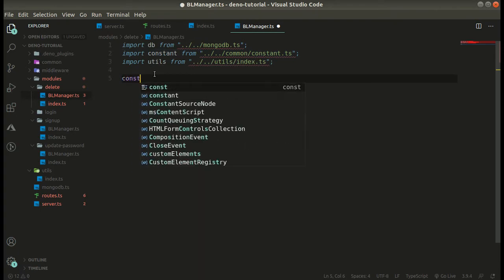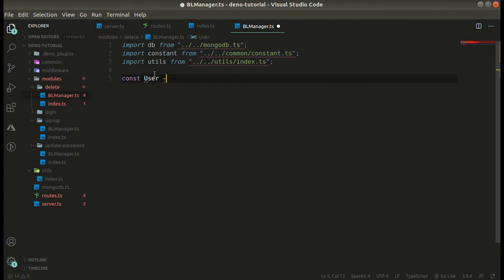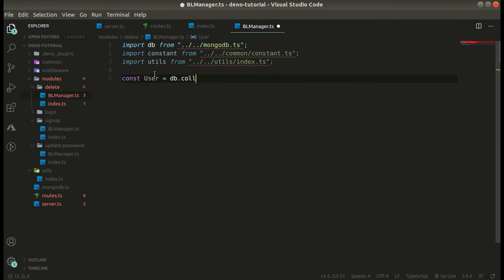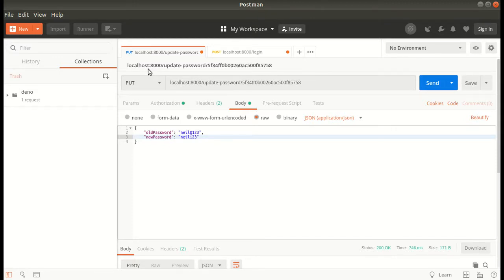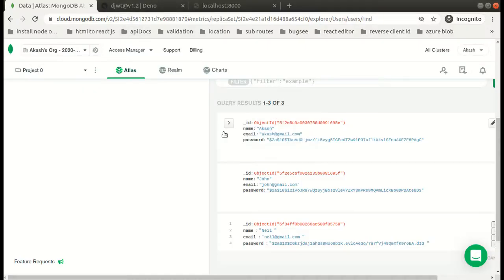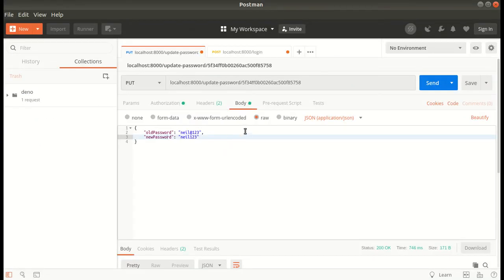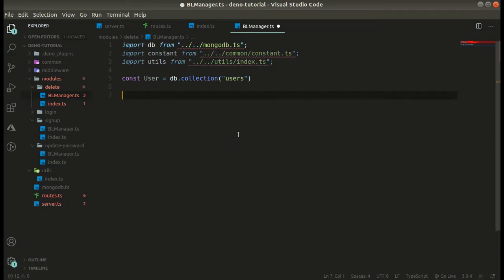Now we get the collection from db.collection, and the name of our collection is users. Database and collection.